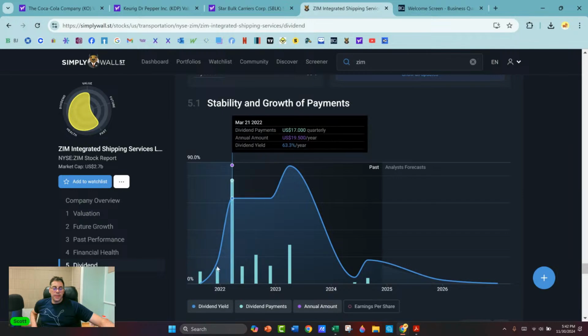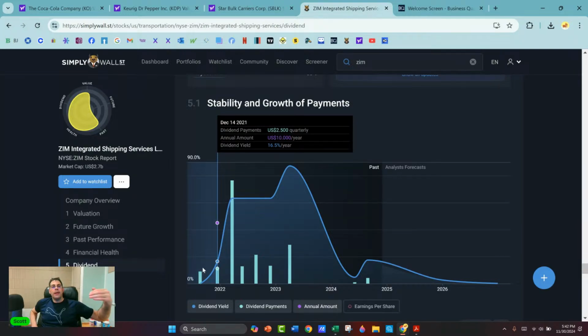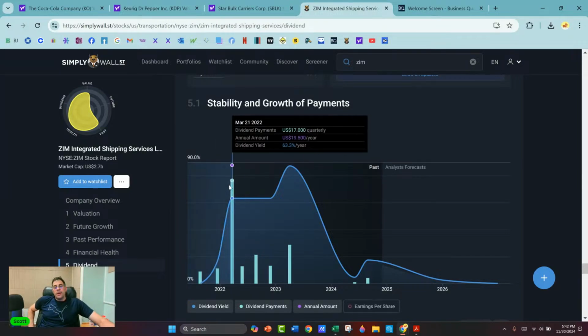They say it in their prospectus, they'll give back like 50% of their earnings as dividends. So the earnings were just so high, so they had to pay it,